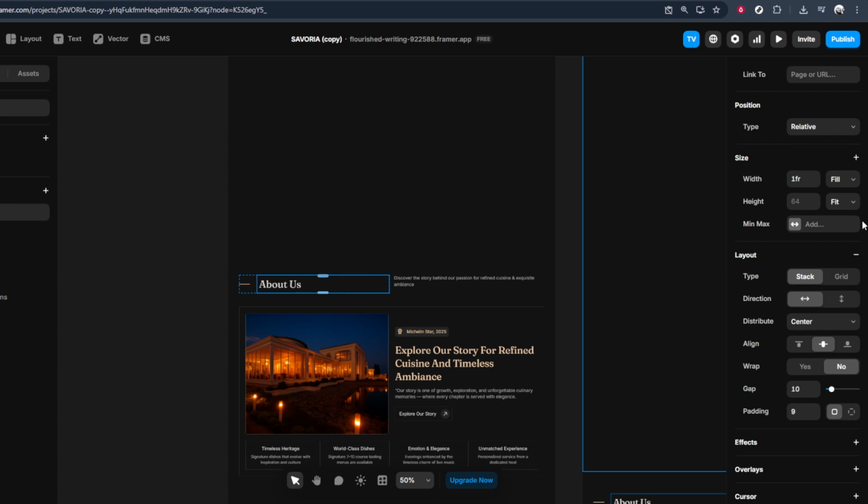That's all there is to it. Click on an element, right-click to add a stack, then head to the right side